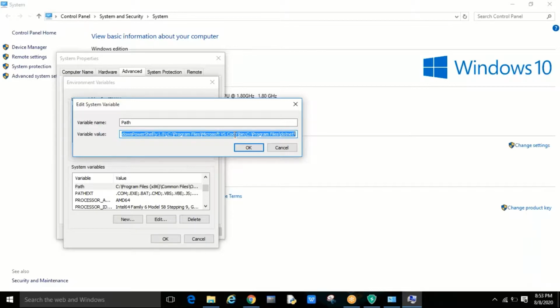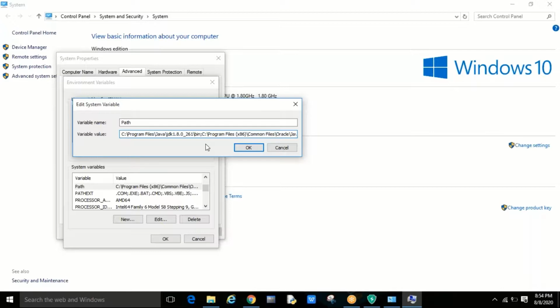Don't delete anything. Just click somewhere and press the Home key on the keyboard. Once you click the Home key, you come to the beginning. Then paste whatever path you copied: C drive, Program Files, Java, JDK 1.8, some subversion, and the bin folder.